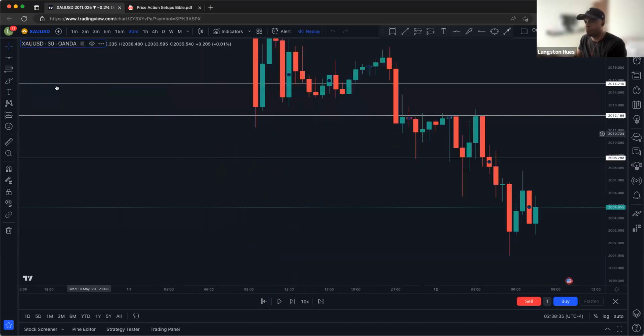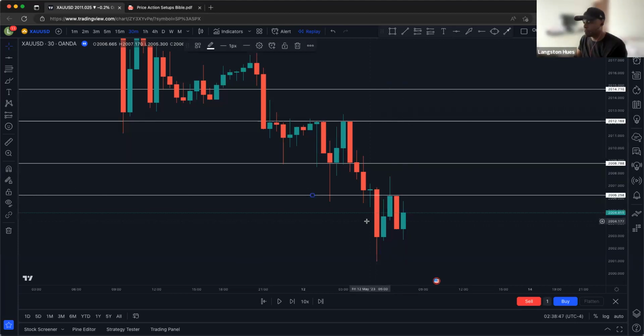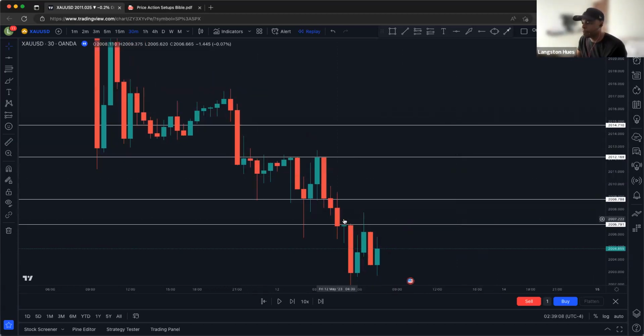On the replay mode, boom, cool. We're in replay mode. So if price comes above here, we got this clean move up. If price comes up here, we got this clean move up. This one is a little bit choppy, so I would say above here. I don't even know how many pips that is, but let's just look and see. 20 pips. Yeah, it's okay. I wouldn't take it.